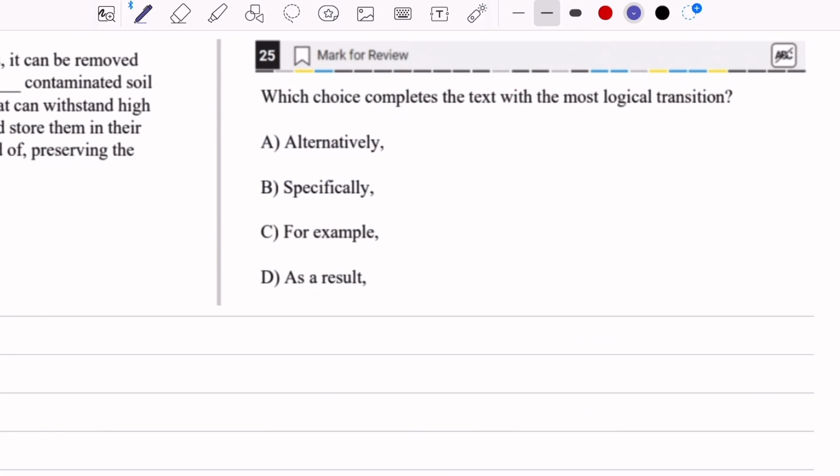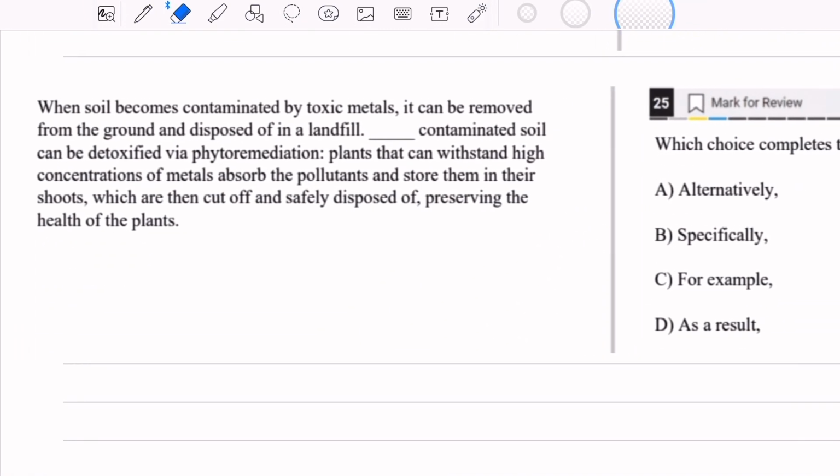Question 25. Which choice completes the text with the most logical transition? When soil becomes contaminated by toxic metals, it can be removed from the ground and deposited in the landfill. Blank. Contaminated soil can be detoxified via phytoremediation. Plants that can withstand high concentrations of the metal absorb the pollutants and store them in their shoots, which are then cut off to safely dispose of, preserving the health of the plant. Okay, so